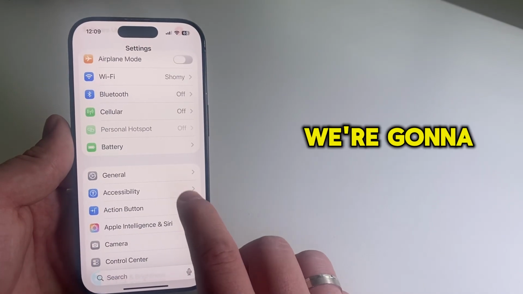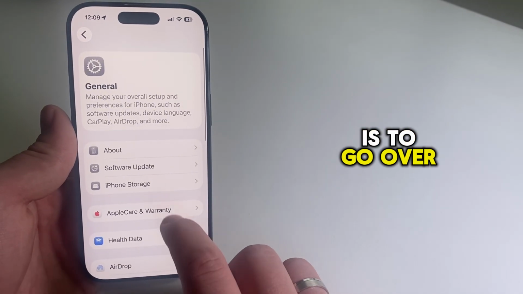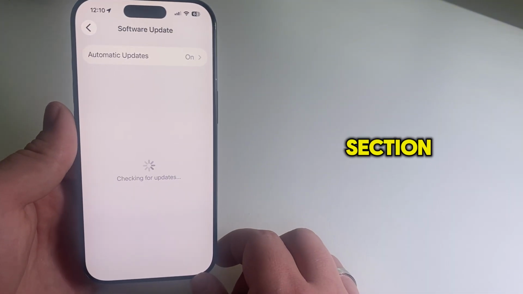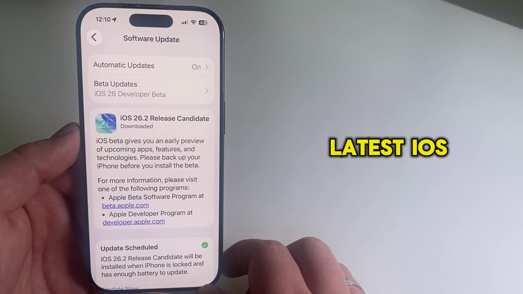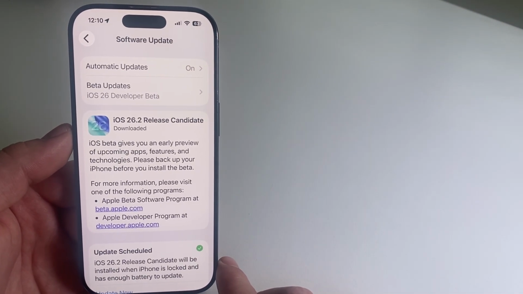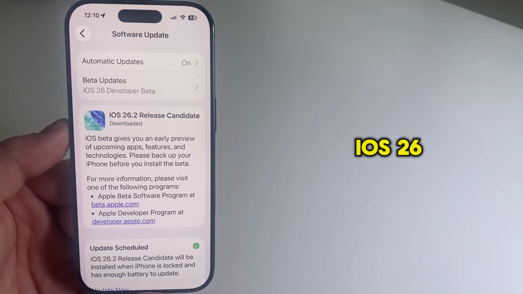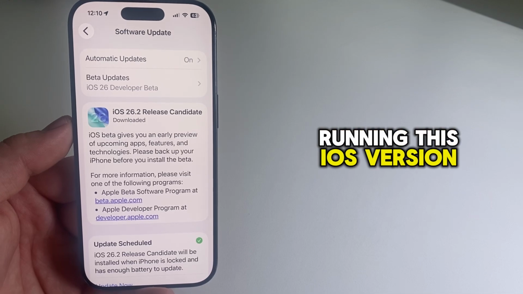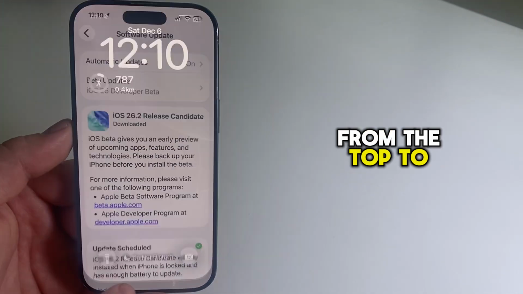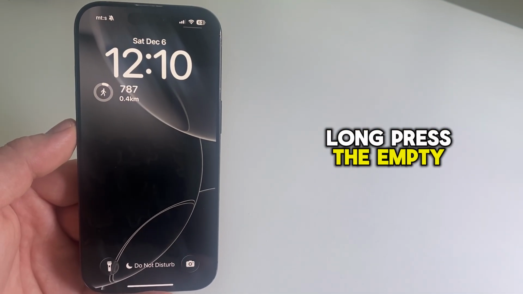So the first thing that we're going to do in this tutorial is to go over to our software update section and then make sure that you're running the latest iOS 26 software update. Some of the features that we're going to use today are only available with iOS 26, so make sure you're running this iOS version. I'm then going to slide from the top to the bottom, long press the empty space,